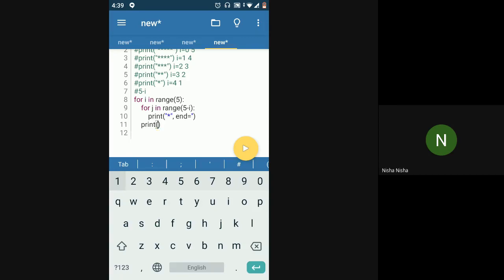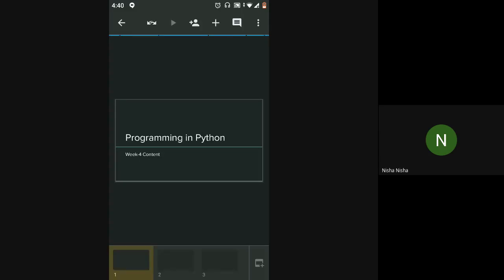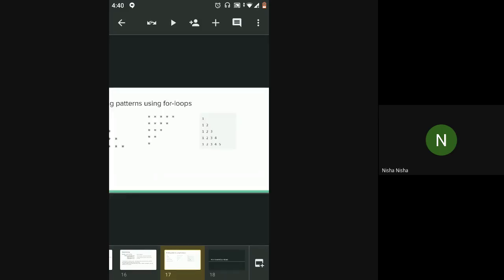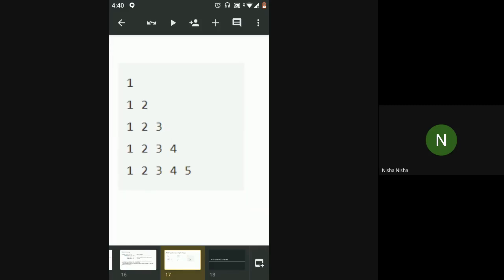Yes, ma'am. Okay, great. I think the third one is more or less the same as the stars example, only instead of stars, you have numbers. So here in this case also you have a pyramid. You have 5 lines, with a variable number of numbers on each line, but instead of a star, I have a number. So let's go and see this.